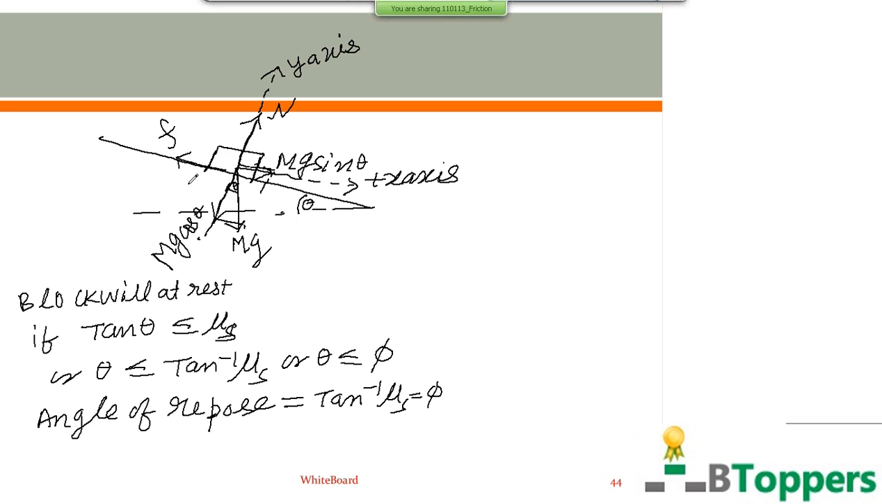So the component of the weight which acts parallel to the inclined surface has magnitude mg sin theta. The component mg sin theta tends to move the block down the inclined plane. So the block begins to slide down the incline